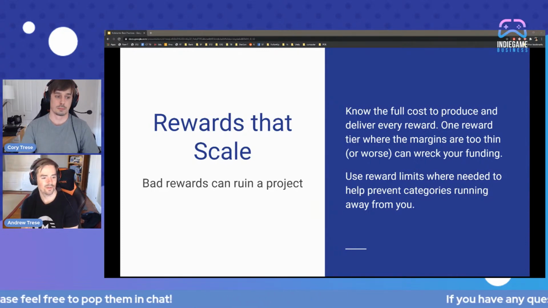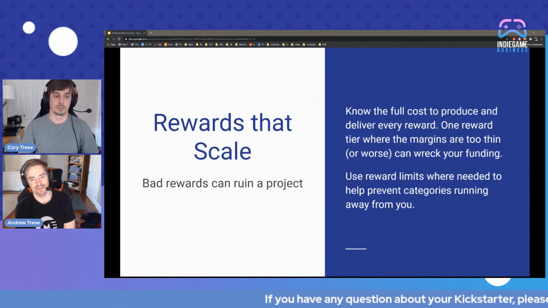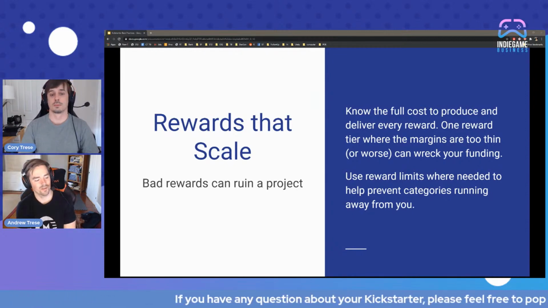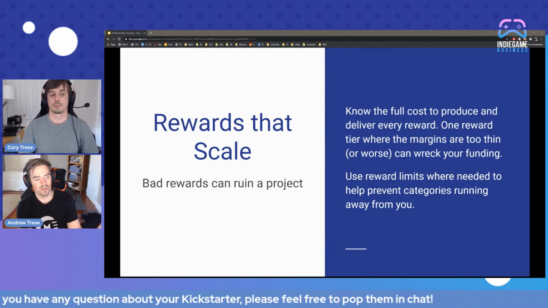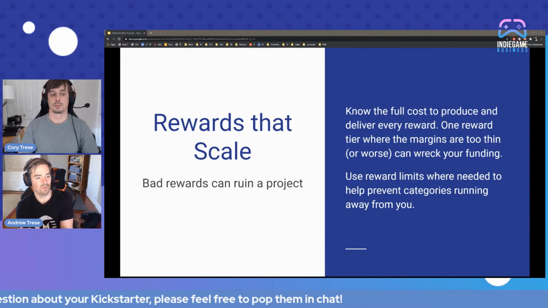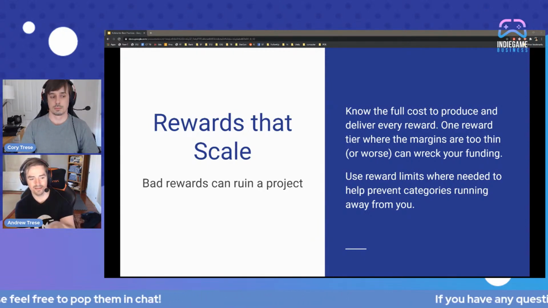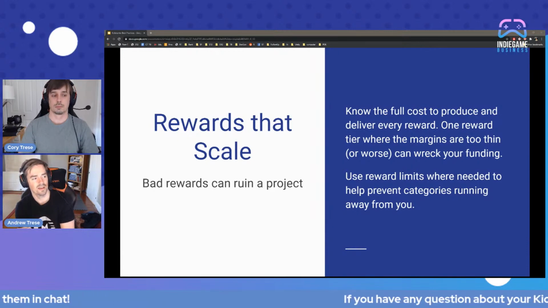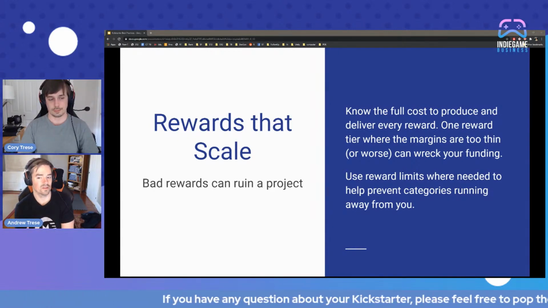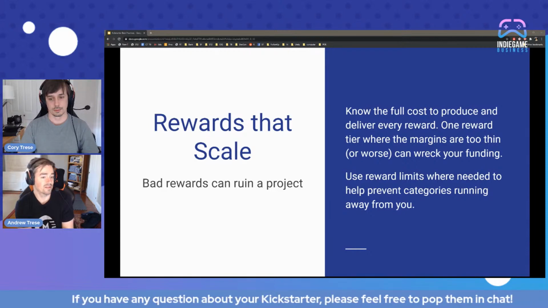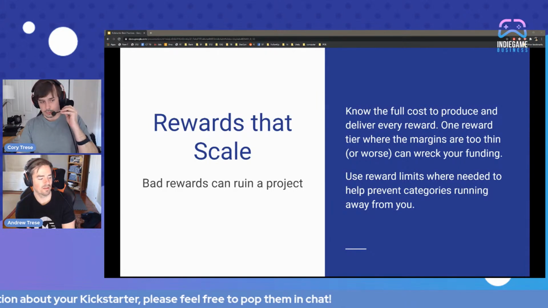And we're right on that line of did we make any money with those assets, the art that we had to create for them, which is awesome because it's building up the game. But also, had we better estimated the full extent of the cost all the way through the life cycle of these rewards, we would have been able to set something more realistic so that it would work out better for us. It was just an unexpected surprise, and that's never the type of surprise you want to end up with.